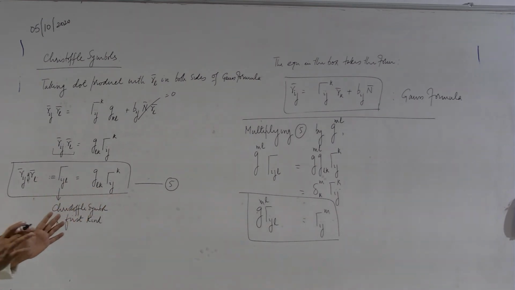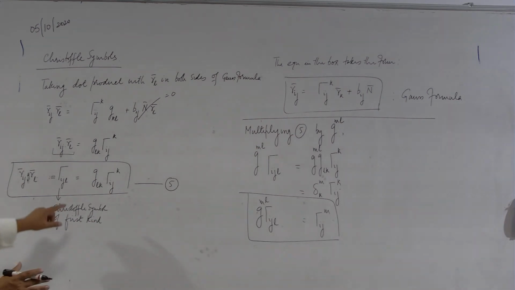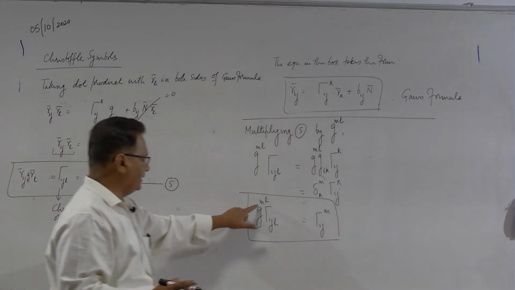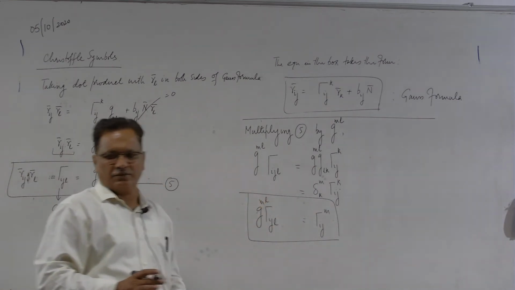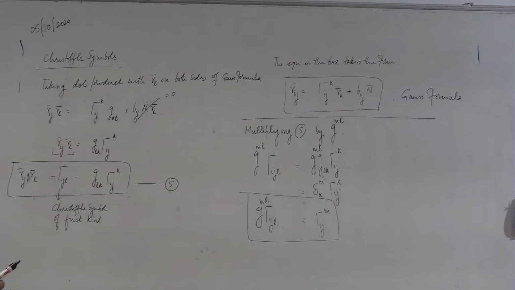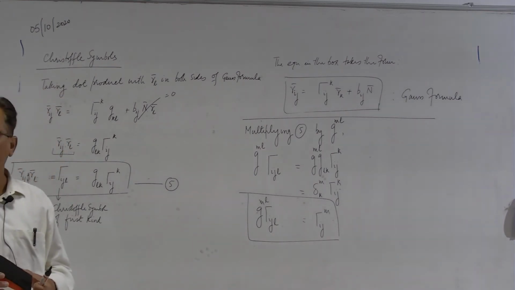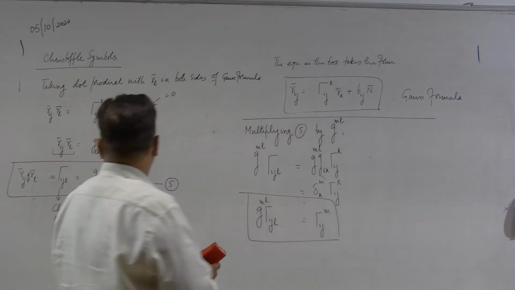So, the only thing that you notice once again over here, that g lower ij is lowering the index, g upper ij is raising the index. So, this further confirms the role of g lower ij and g upper ij. Okay. Now, we would like to see whether these Christoffel symbols are related to some other quantities also. So, the answer is yes, they can be expressed in terms of the derivative of g_ij. This is also interesting.